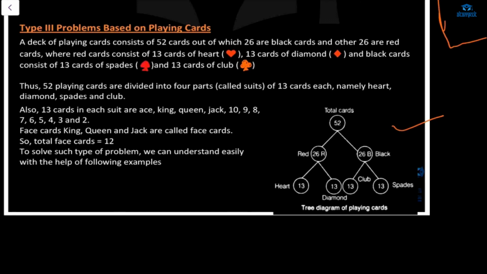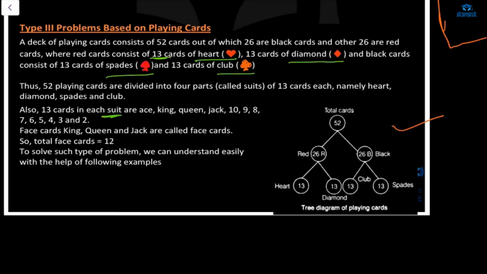Heart is there, diamond is there, spade is there, and club is there, and each has 13 cards. So they jointly make a pack of 52 cards. And the four sections are called what? Suits, and each one is called the